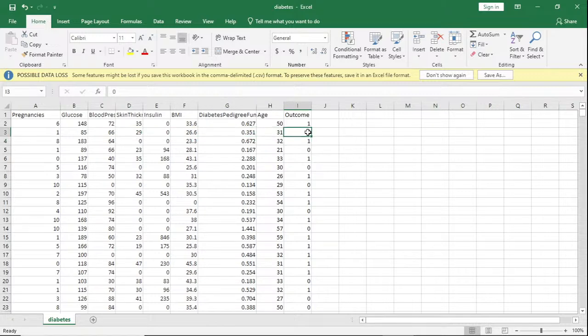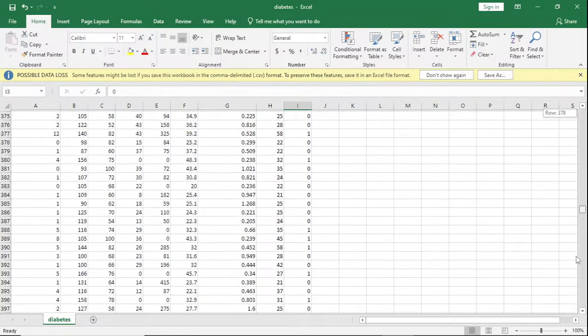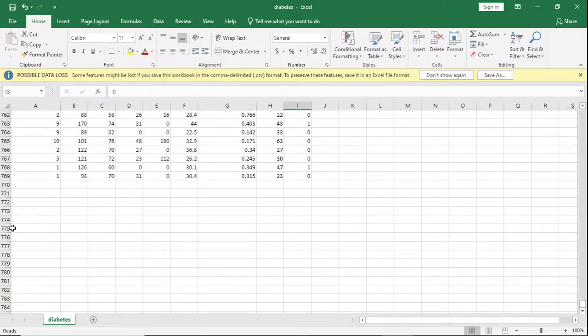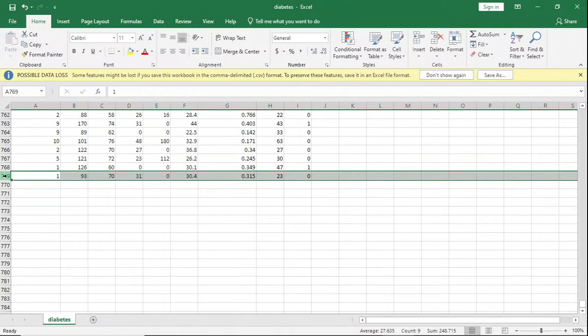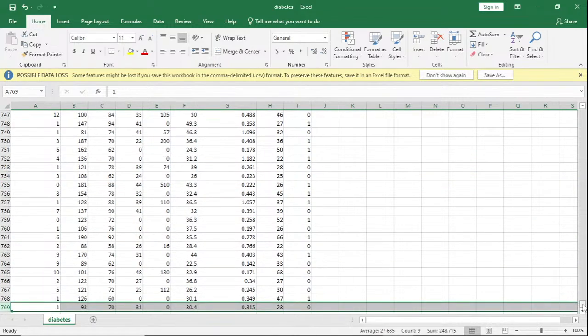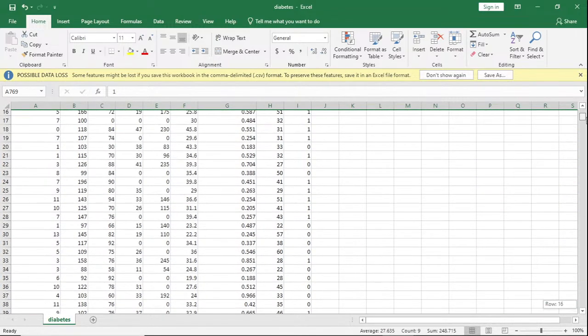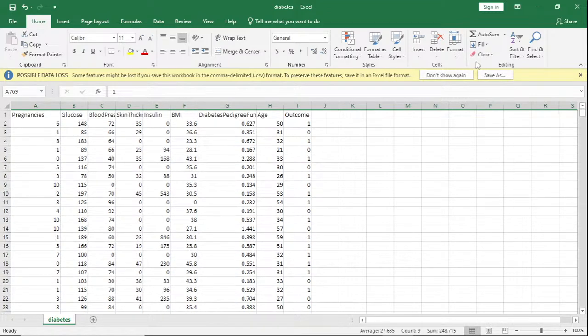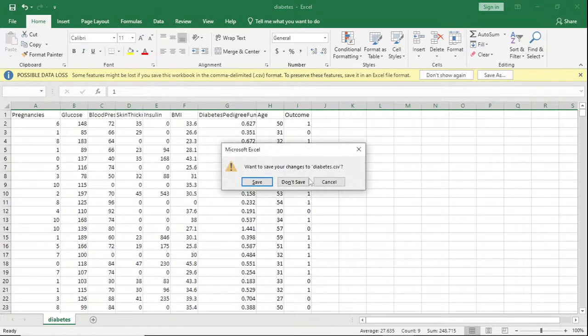Finally the outcome is whether they have diabetes or not. This is a very small dataset with just 770 rows, 770 patients only. Real world datasets will have lakhs of rows. This is how a dataset looks.